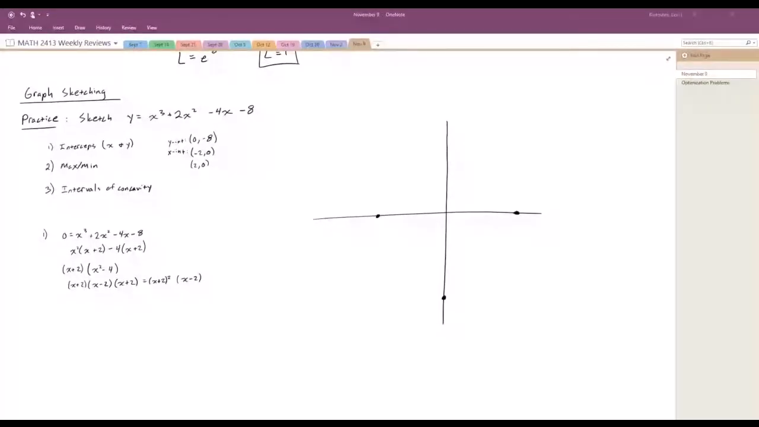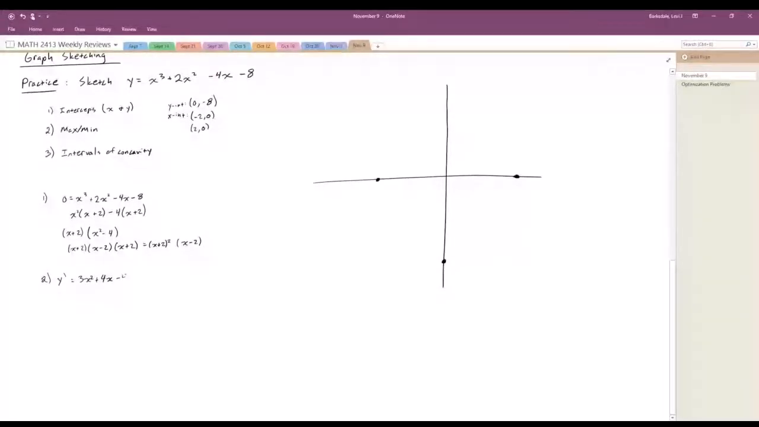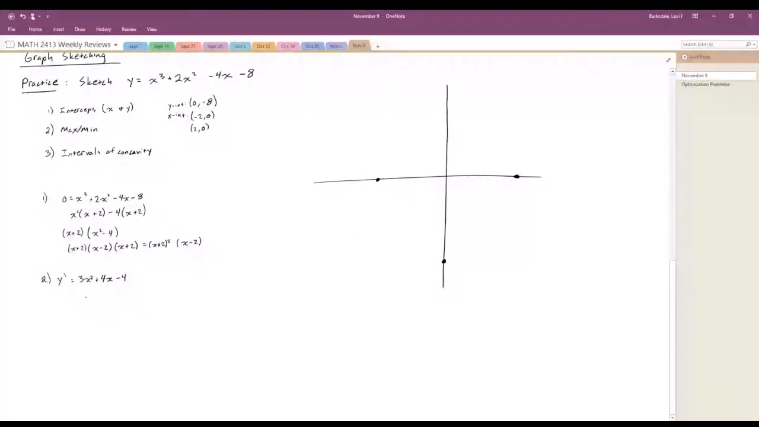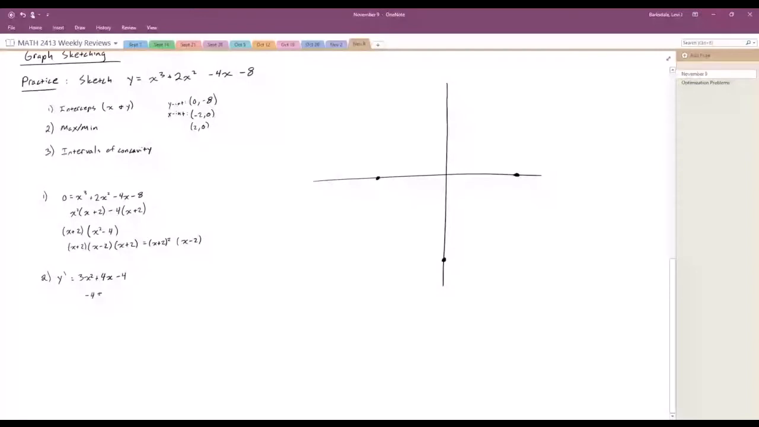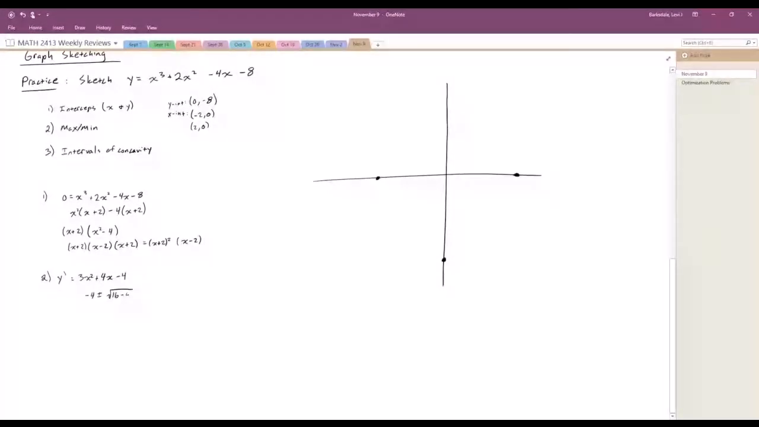Now I need to find my maximums and my minimums. To find my maximums and my minimums, I need to use the derivative. So my derivative is 3x squared plus 4x minus 4. If I wanted to find out where this is equivalent to 0, I don't want to bother factoring, so I'm simply just going to use the quadratic formula. That gives me negative 4 plus or minus the square root of 4 squared is 16, minus 4 times 3 times negative 4,